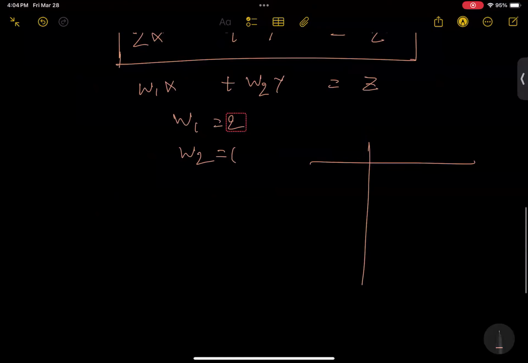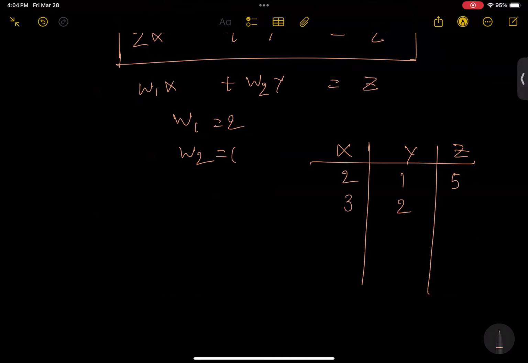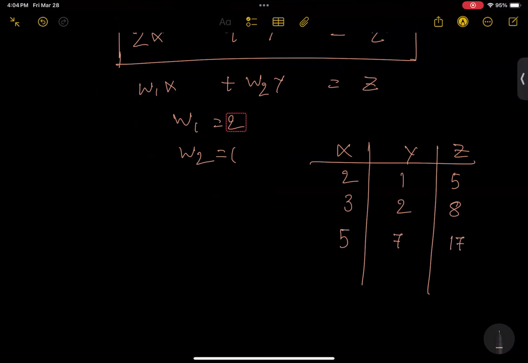If I give 2 and 1, I get 5, right? If I give 3 and 2, I get 3 into 2 plus 2, which means 8. If I give 5 and 7, 17. Correct. If I give 4 and 5,